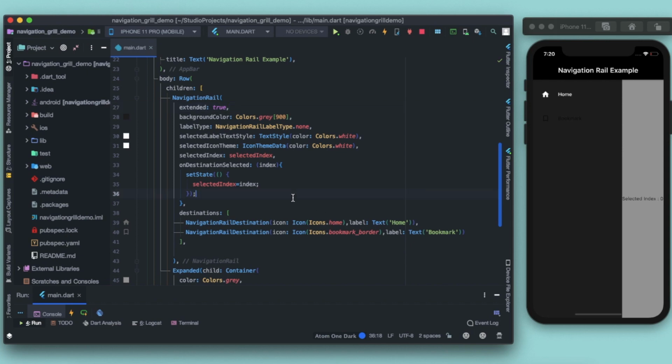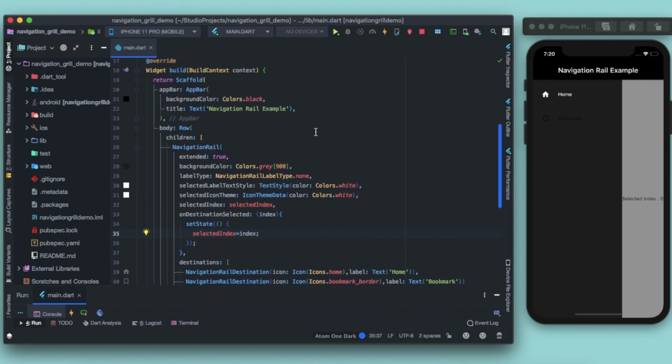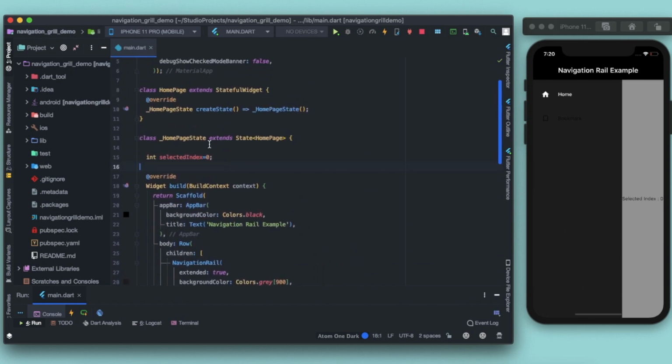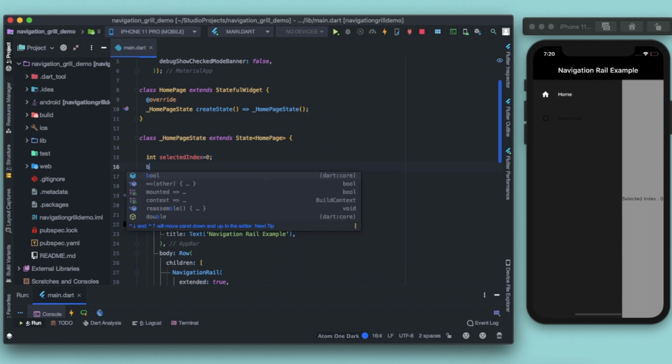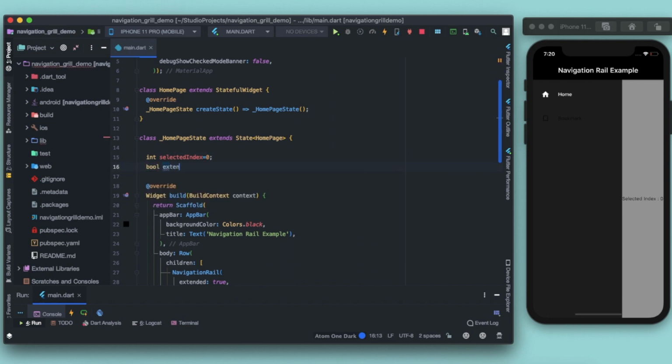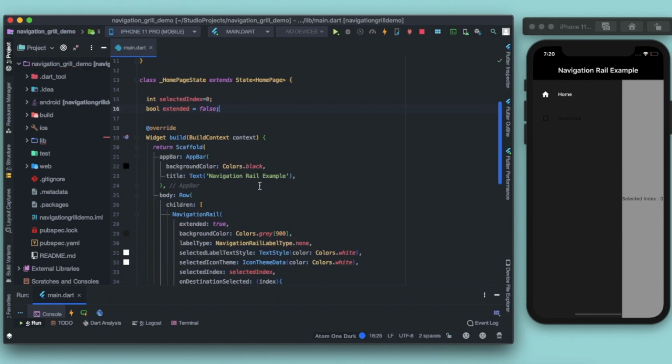Okay, now next thing, I want this navigation screen, this navigation panel to be expanded programmatically or whenever I tap on the rail. For that, what I'm gonna do is I'm gonna make a boolean variable extended and initialize it with false value.